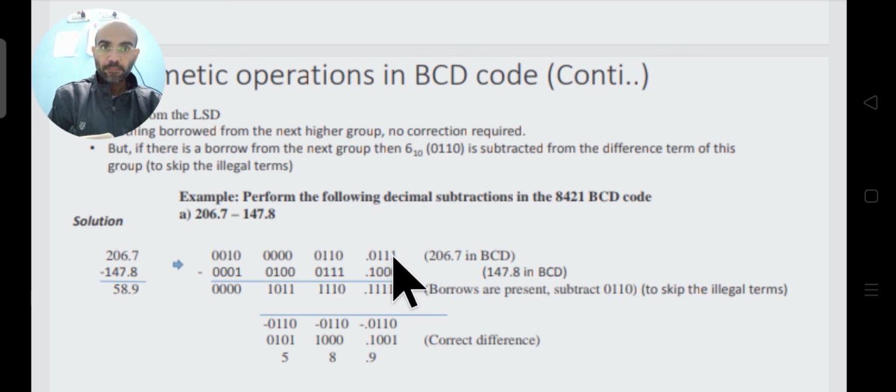Now let us see what we have to do. As we can see, this is smaller than this, so we may require to borrow. If we are borrowing, then you see what is happening. We'll perform this subtraction, subtracting this from this, and as we need to borrow, we subtract 6 from it. Okay. Now